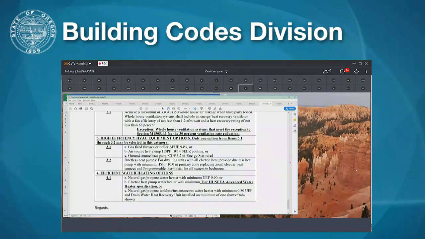I agree with the path that you're taking. One thing I'm a little hesitant on, or would like to strike, is that tier 3 for the heat pump water heater. Not necessarily because of the efficiency, and I think you're right that that's what most are using now anyway.